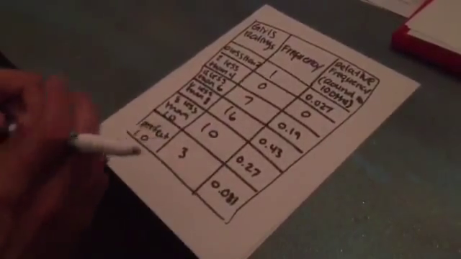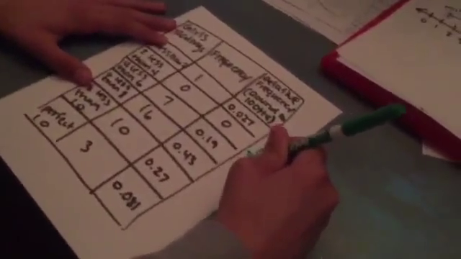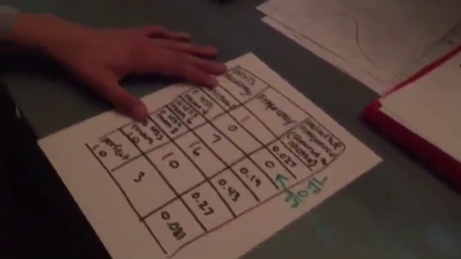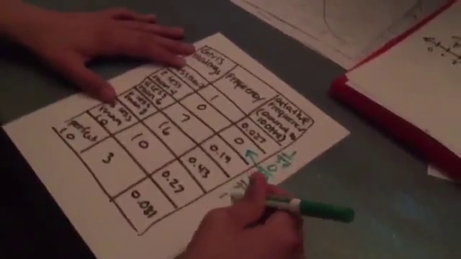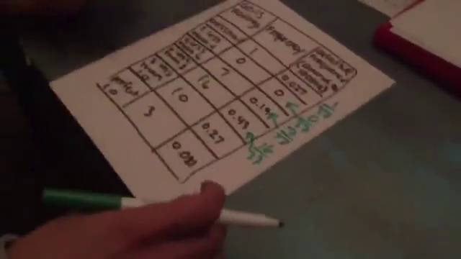Once you have that, since there's 37 girls, you would do 1 divided by 37, and that comes out to 0.027. For this one, it would be 0 divided by 37, which gets you 0. Then so on and so forth, 7 divided by 37, and 16 divided by 37, and you get the gist of that. Once you have the data, you round to the hundredths place, and then for the histogram,